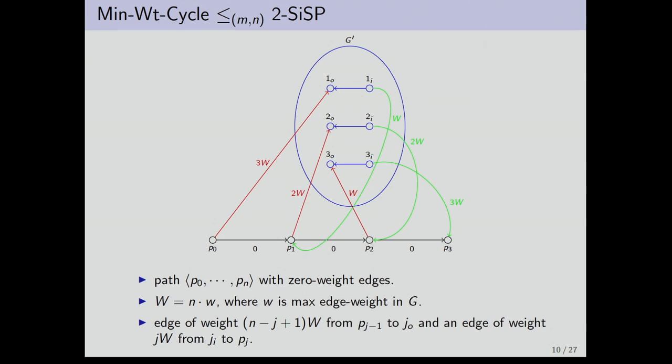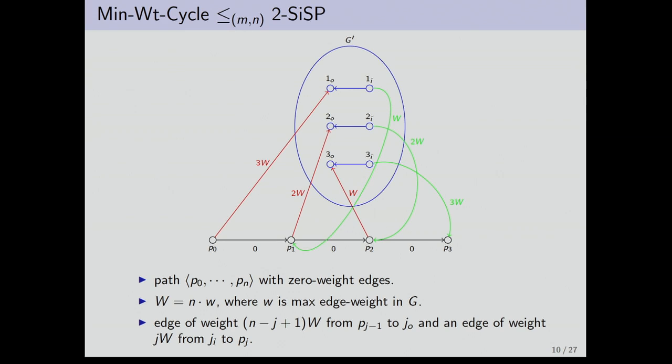And that's because if you sum up the weights of the corresponding red edge and the green edge, so it's n minus j plus 1 w, if you went directly to the next vertex, 2 plus jw, so that gives you n plus 1 times w. If you took the green edge to the vertex next to the vertex from which you started out. And if you went to any vertex, green